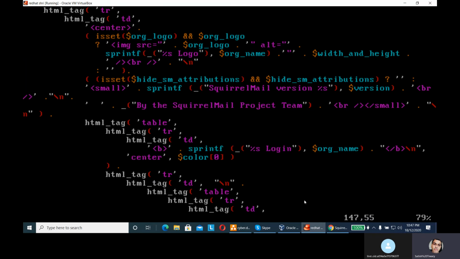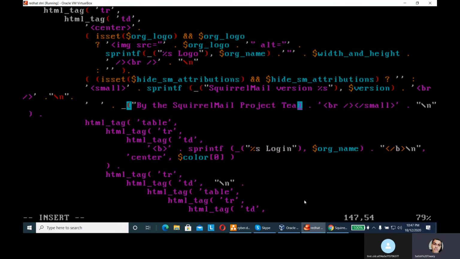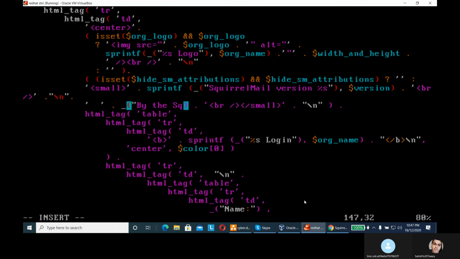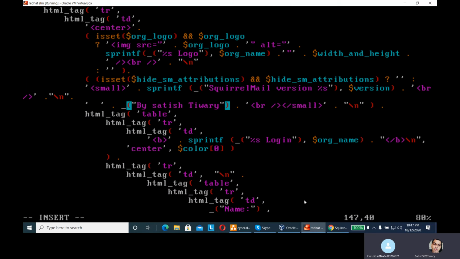You can change this value. So I am going into insert mode and going to change this value. Instead I am giving my name, Satish Tiwari. And I am going to save this one.